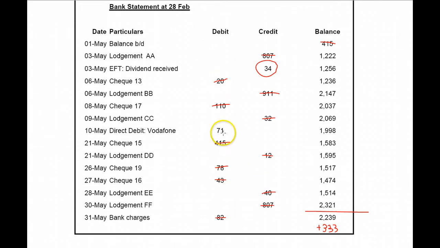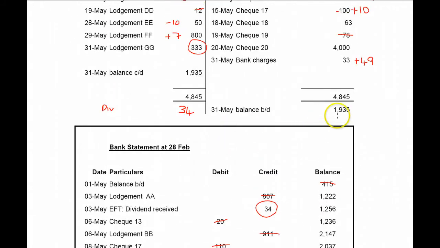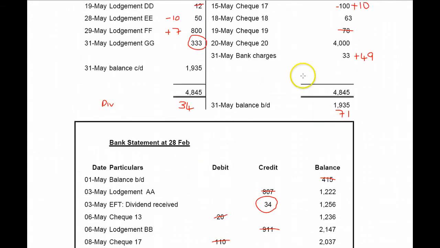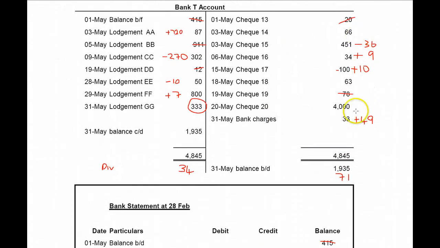And then looking at this, there's one thing I didn't tick off. It's a direct debit, so it's something that goes through the accounts every month, 71 for Vodafone. So I need to show an amount out. It's already gone in the bank statement, we assume it's correct, but we haven't recorded it in the T account, so I'm going to show money out of 71 up here, and I'm going to have to adjust for these